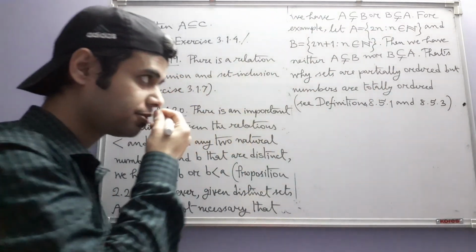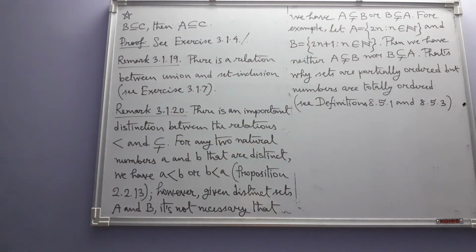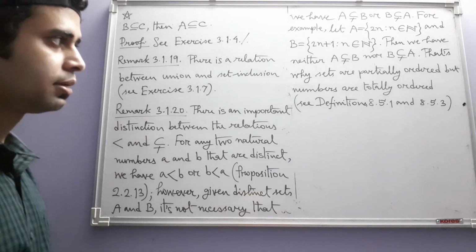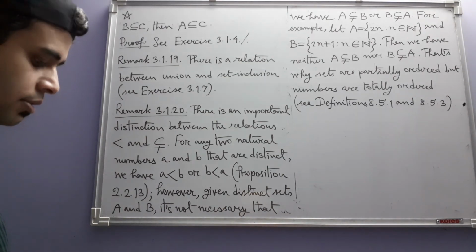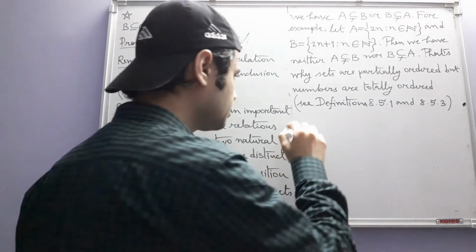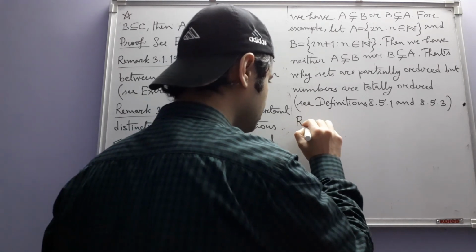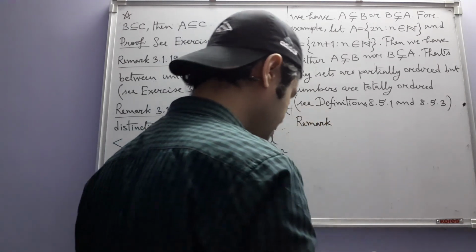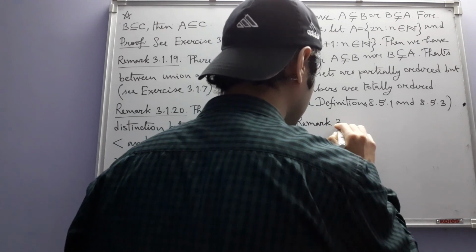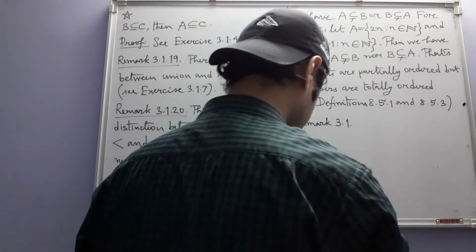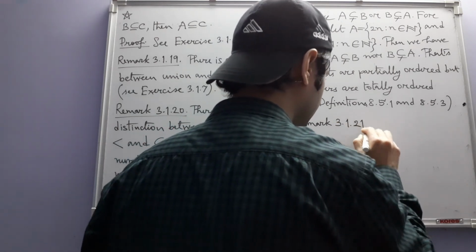In the 8th chapter, we are going to see infinite sets, the axiom of choice, and other such advanced topics in set theory. There is one remark after this. We have already discussed this particular aspect of sets. A great confusion